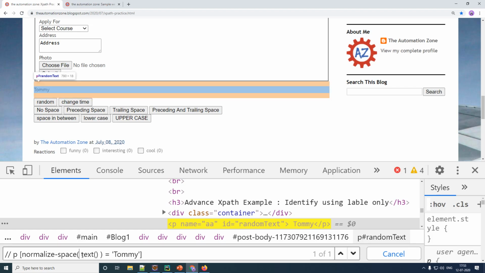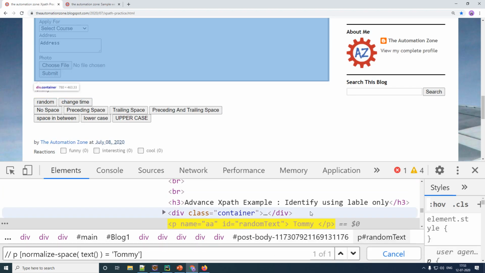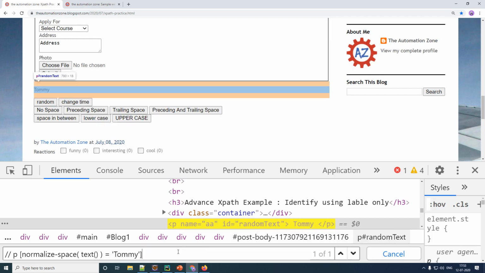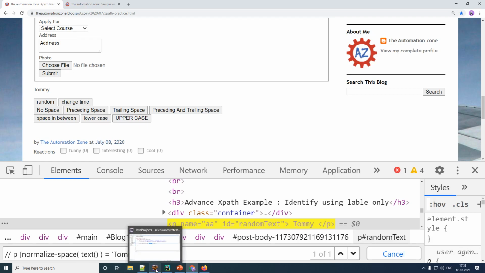Let me just remove all of this. So now it is not just ignoring preceding spaces. If I do trailing spaces, you can see it still works. Even with preceding and trailing, that is spaces before and after, it will still work. So in this particular manner, by using the function called normalize-space, you can ignore spaces